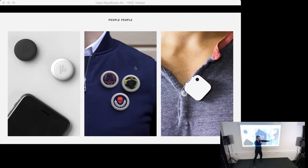And this, maybe some of you know, is a small wearable camera called Narrative, which is a quite famous Swedish startup. It's a lifelogging camera. It takes 2 pictures every minute. And this is another startup that's launching soon, and it's a digital pin, and I'll get to that a little bit more